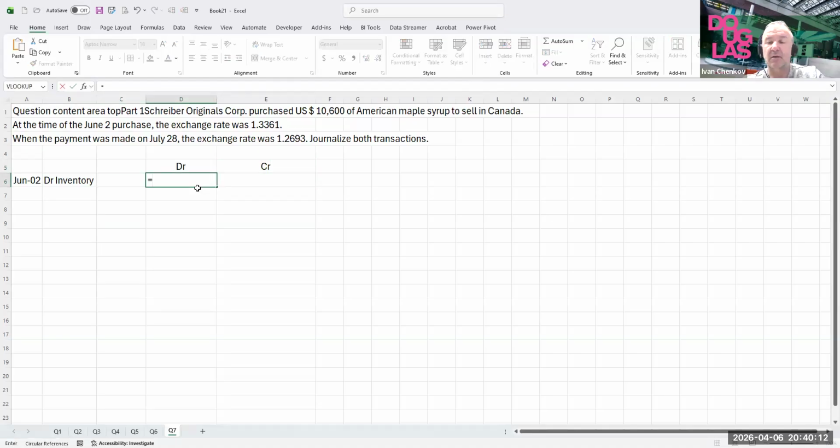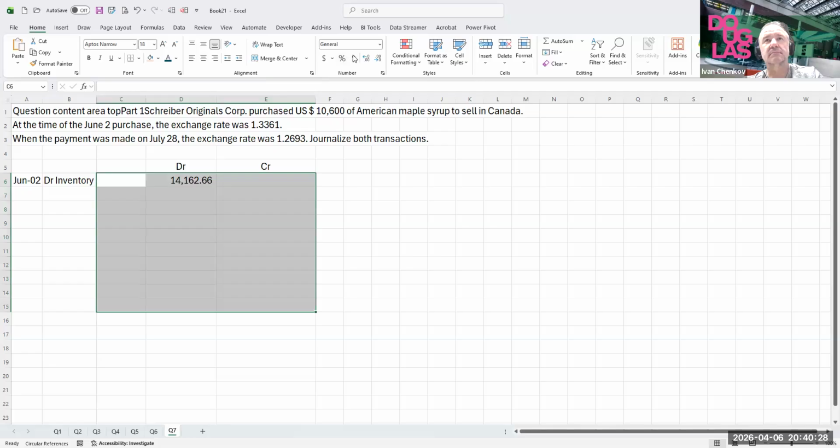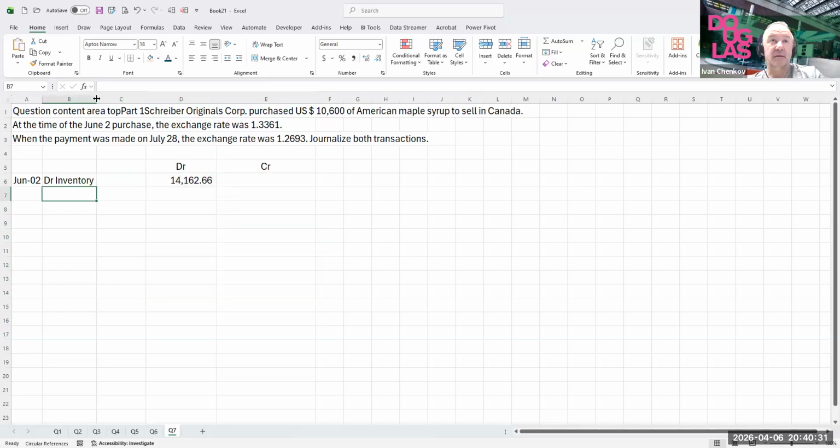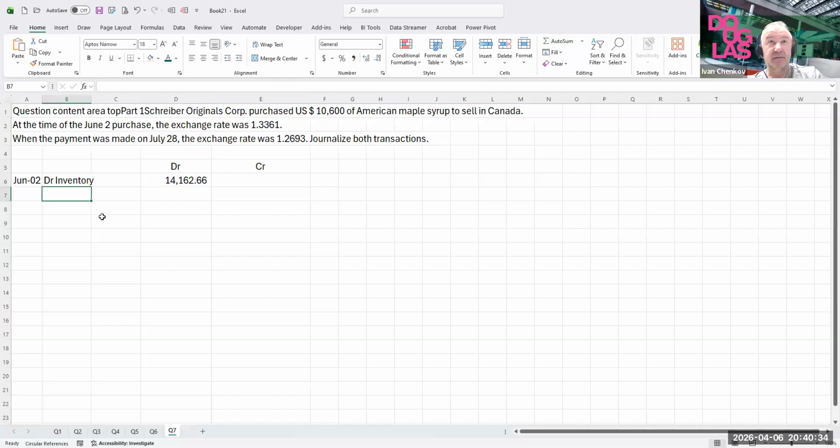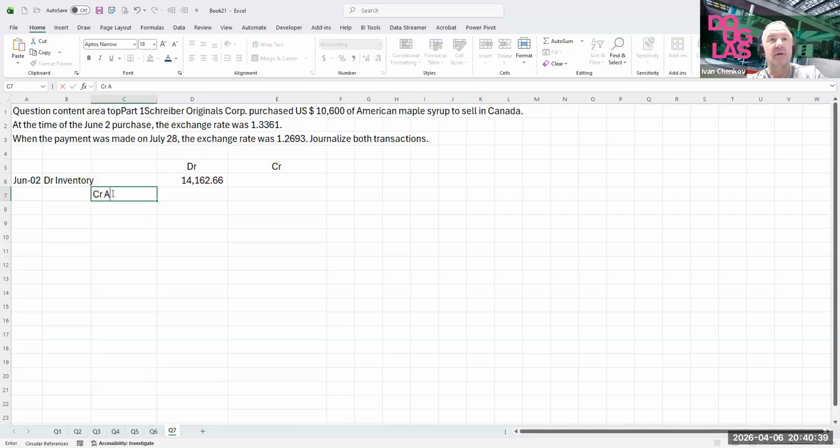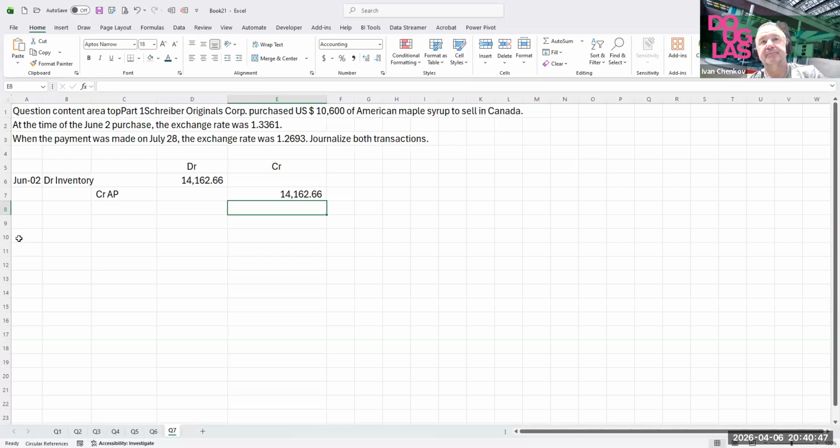So that will be 10,600 times 1.3361. So it's going to cost us 14,162.66 Canadian. And since we purchased on account, let's credit our accounts payable with the same amount. Now, everything looks good until